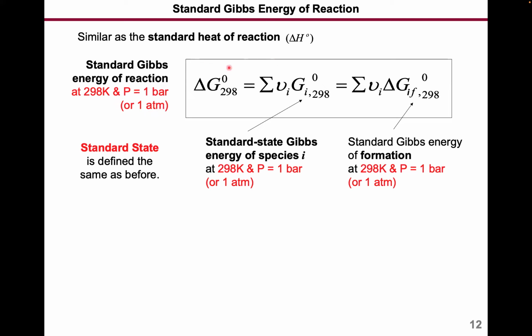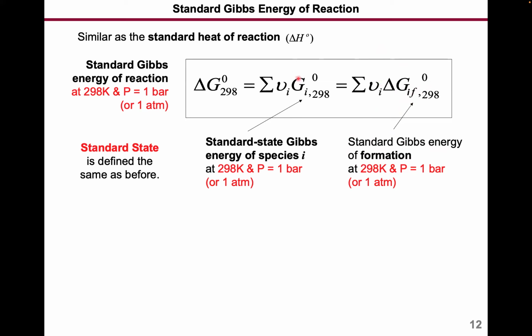Now, the equation for calculating the standard Gibbs energy of reaction is similar to that for calculating the standard heat of reaction. So similarly, delta G°298 is just equal to the summation of ν_i delta G_if°298, right? So basically, it's going to be the standard Gibbs free energy of formation at 298 K on the product side minus the reactant side, right? And then this delta G_if, again, if you are talking about formation reaction,